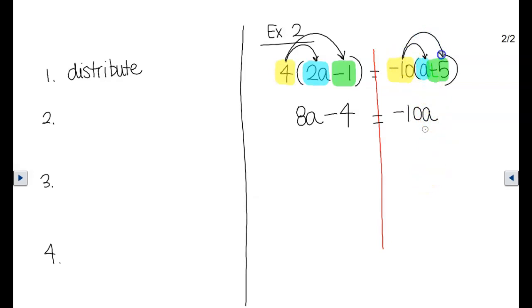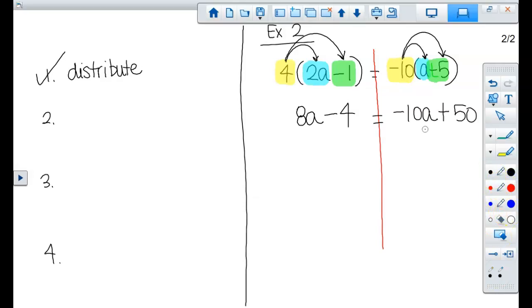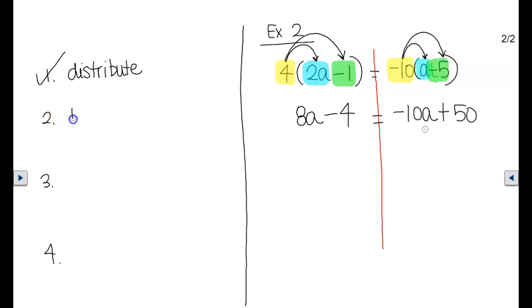And then be careful on this second part. Please look at the screen and make sure you see what I'm talking about here. We're doing a negative 10 times a negative 5, which is a positive, plus 50. So on both sides, I had a number being multiplied by a group. So I have to distribute, multiply each of those numbers by each member of their group. So distributive is done. All right, step 2, add or subtract